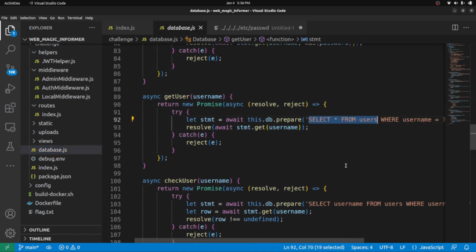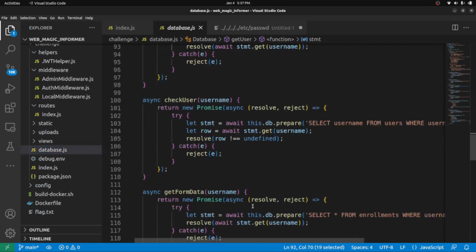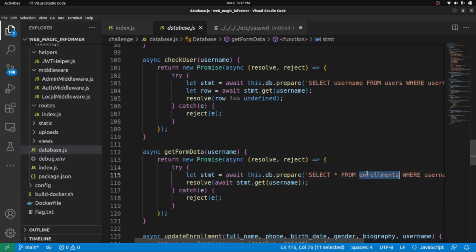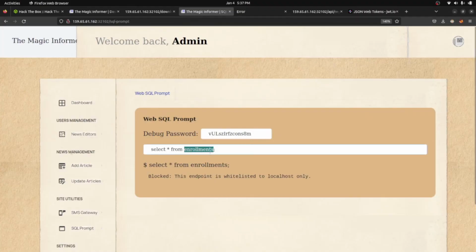Select all from users. It does some queries like select all from enrollments like that. I mean, just for the sake of demonstration, I'm just using users instead of enrollments, and I'm simply clicking enter. What happens? Okay, I simply need to